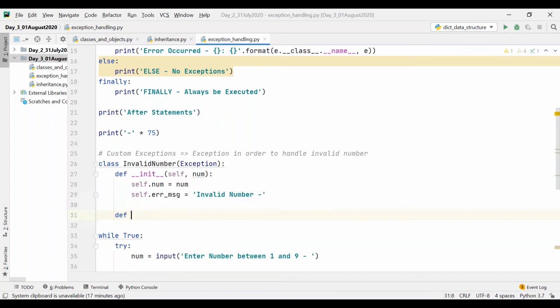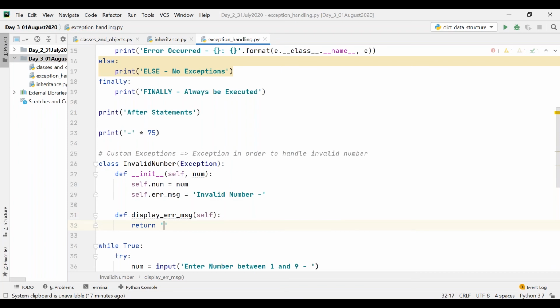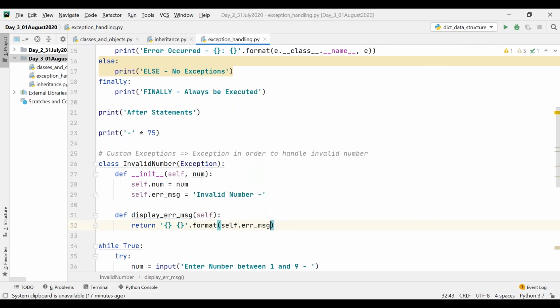Then I can define my own method called display_error_message of self, and just return something something dot format of, first one is error message, second one is self.num.